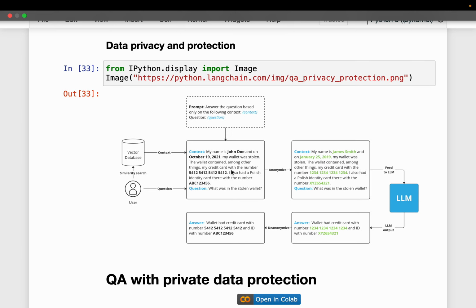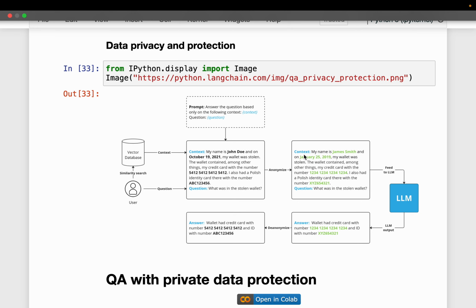If this model is hosted on premise, we would not have any issue sending the context as it is. But since this model is hosted by a third party like OpenAI or Google, we don't want to send this context as it is, right? So one technique to mitigate this is to anonymize the data.